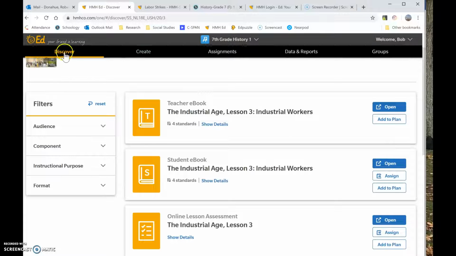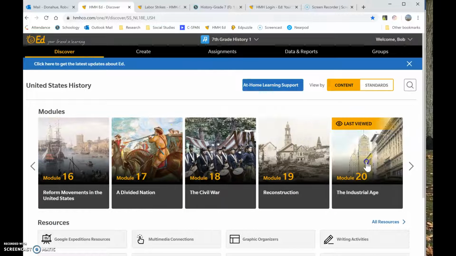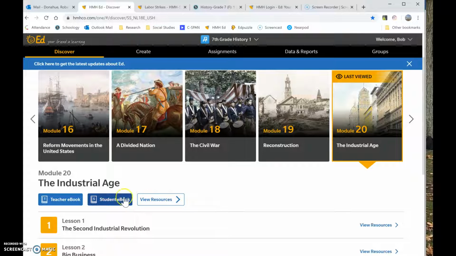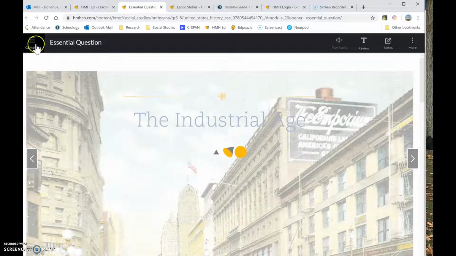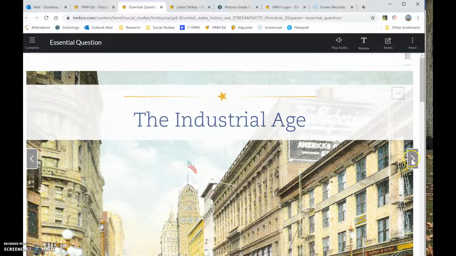Let me show you where we're supposed to be right now. So Module 20, and in your student ebook, you should all be in the Industrial Age.